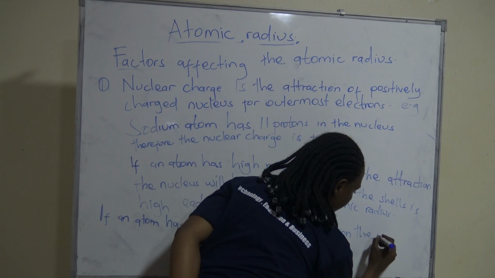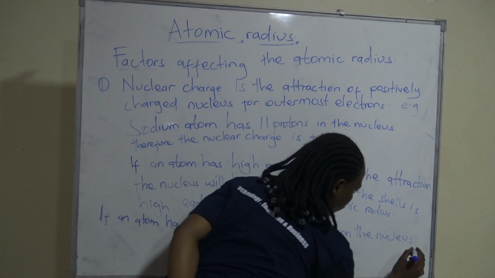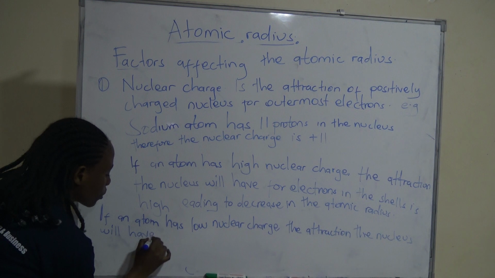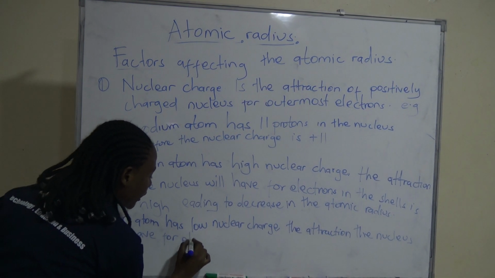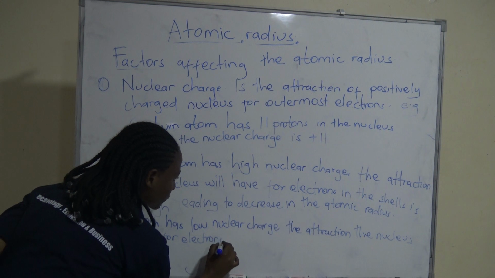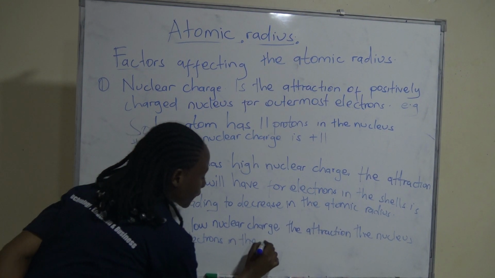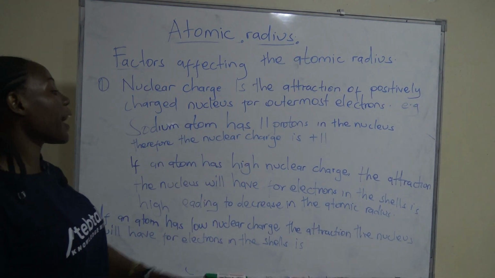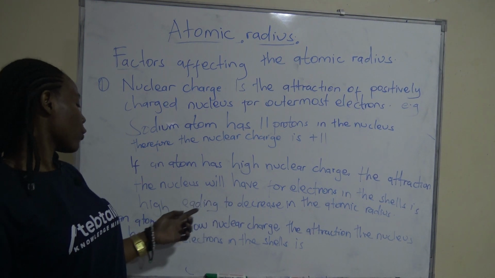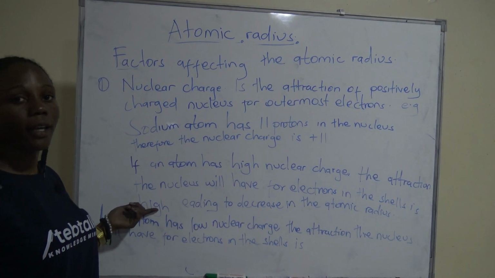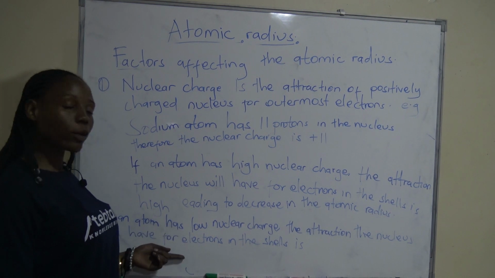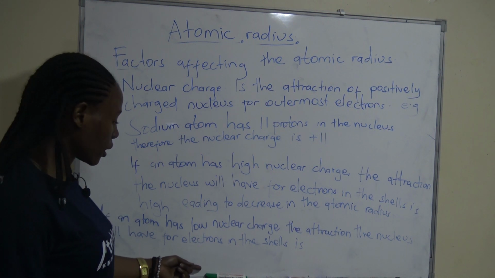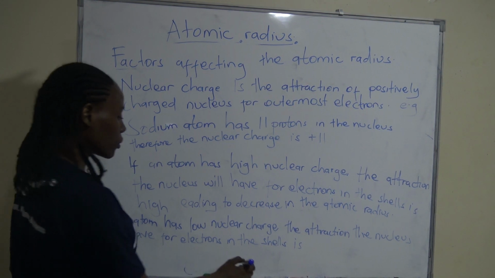The nucleus will have 4 electrons in the shells. If here we had high, and the attraction for the electrons by the nucleus was also high, and here we are having low, what would happen to the attraction of the electrons? The attraction of the electrons would also be low,